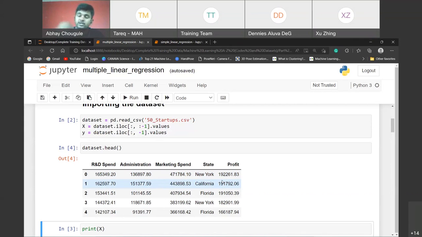So we have to train this much data to the model, and whenever I ask the model, whenever I take my company and pass it into the model,